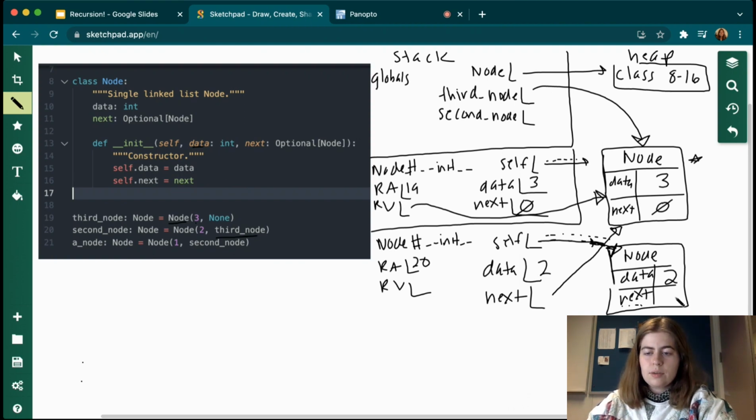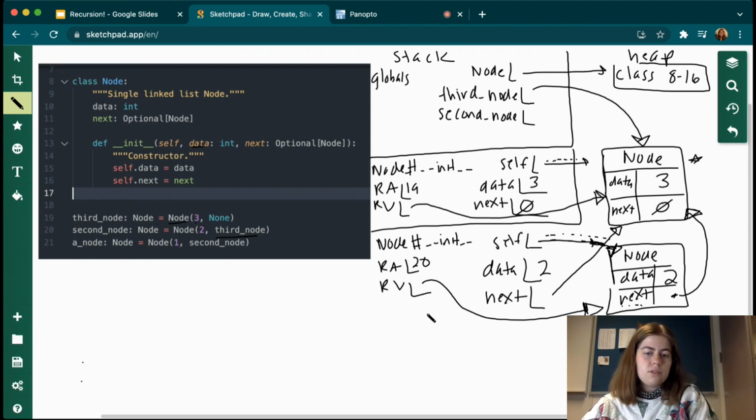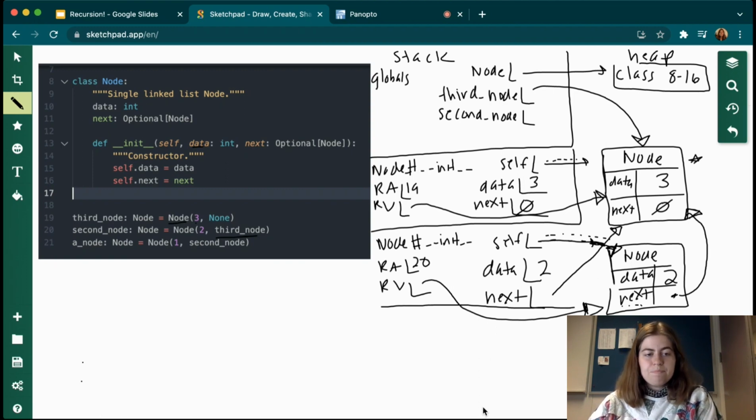Okay? So right here, we're creating a reference from this node on our heap with the data 2. Its next attribute is now pointing up to the node that has the data 3. Okay, and that is getting returned from this constructor frame. This had a return address of 20 and gets returned back into the second node